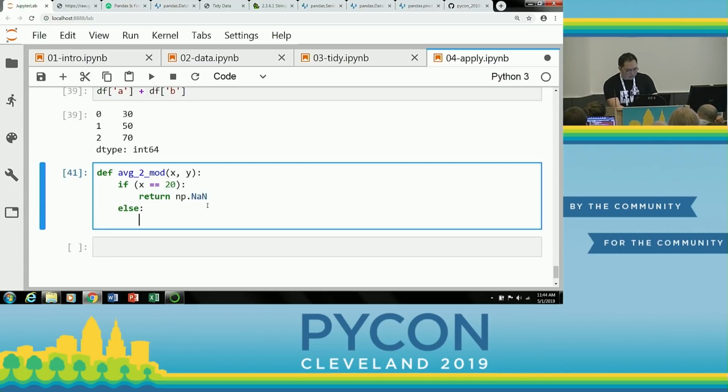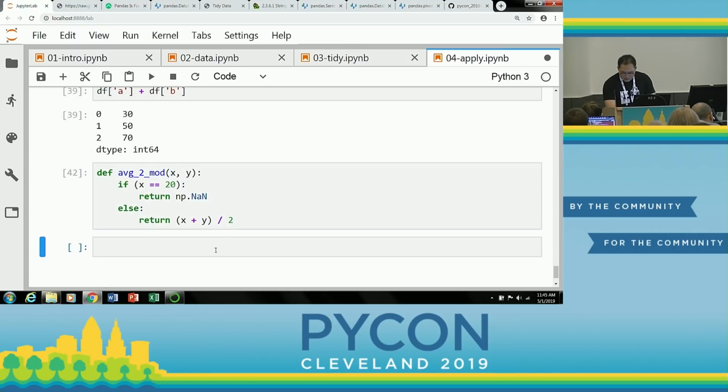So let's write this other conditional. If the first value is 20, just return a missing value. Let's say that's just a bad value. In a lot of medical or health data, 99 or 88 get encoded as someone explicitly putting in a missing value so you don't get confused, did the analyst just forget something? Otherwise, let's do the actual calculation, right? So this is a function that